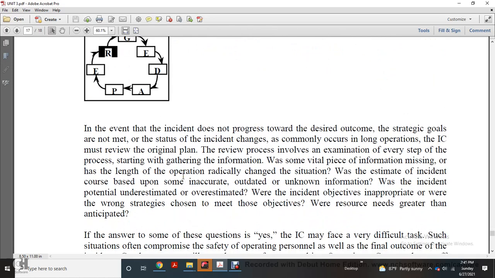Step 7, review. If the incident command does not progress toward the desired outcome, or the strategic goal does not meet the test, the incident may change, which commonly occurs in a long operation. Incident command must review the original plan, reviewing the process by examining every step of the process,